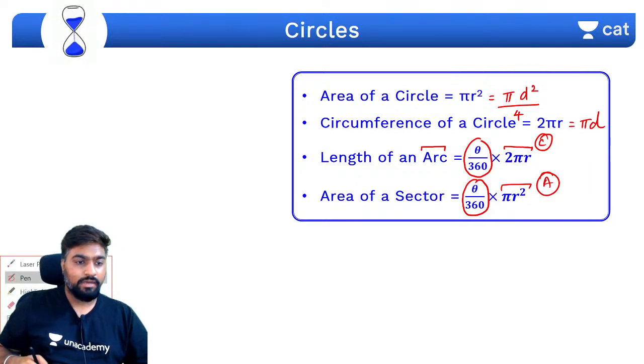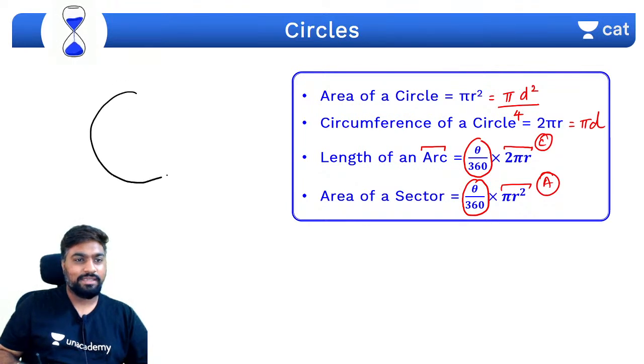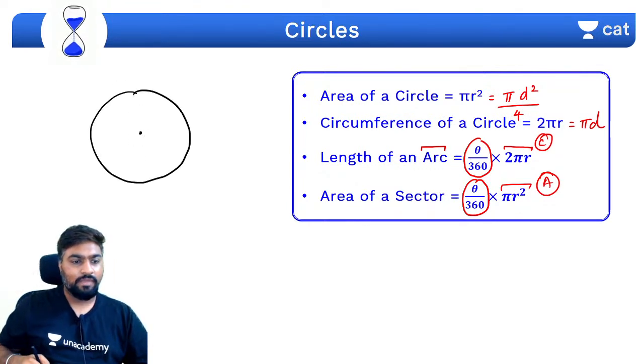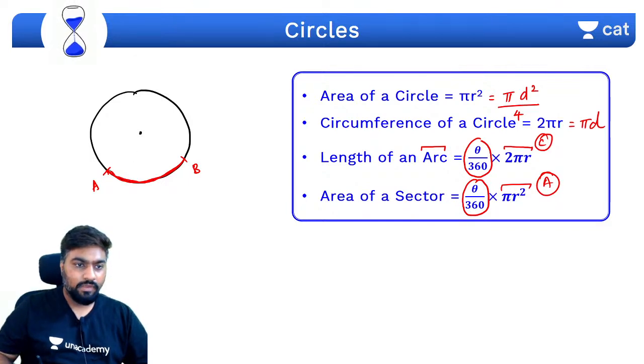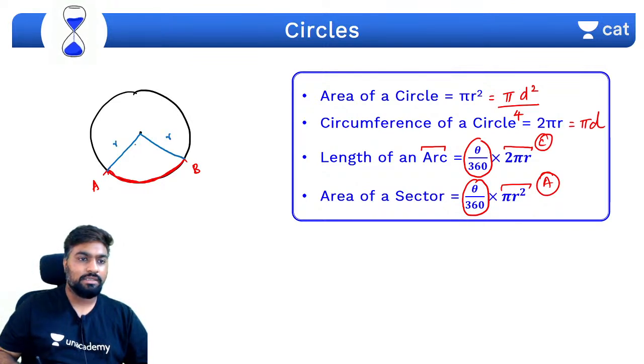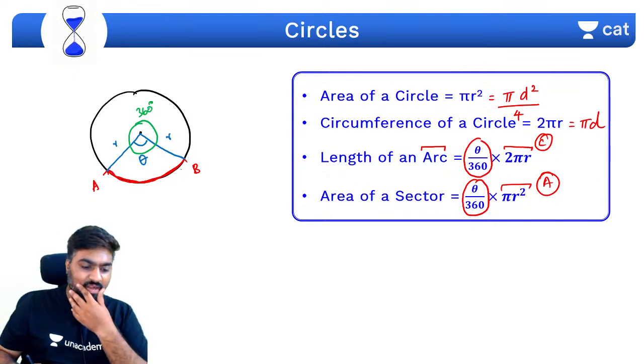आर्क बना के बताऊं? अरे वाह, अलग ही जोन में भाई. सर्कल है ये, इसका सेंटर है. This AB is an arc. इसका लेंथ अगर निकालना है तो what do you do? You join these two sides. These are radii basically. ये दोनों रेडियस है ना? ये भी रेडियस है, ये भी रेडियस है. This angle is theta, and this entire angle is 360 degrees. तो basically getting the ratio of theta and 360, उसी से आप circumference को भी divide कर रहे हो.